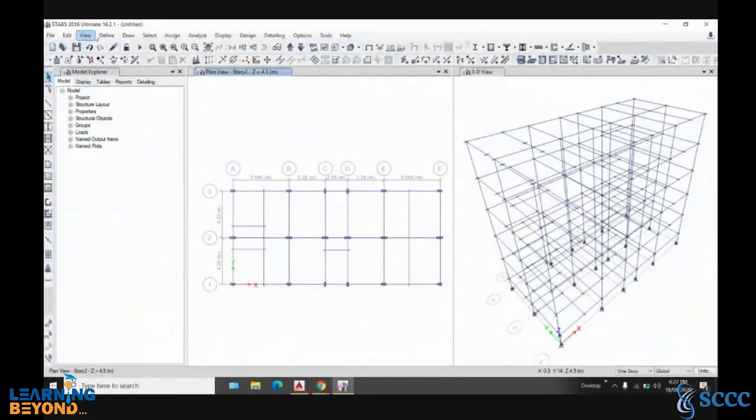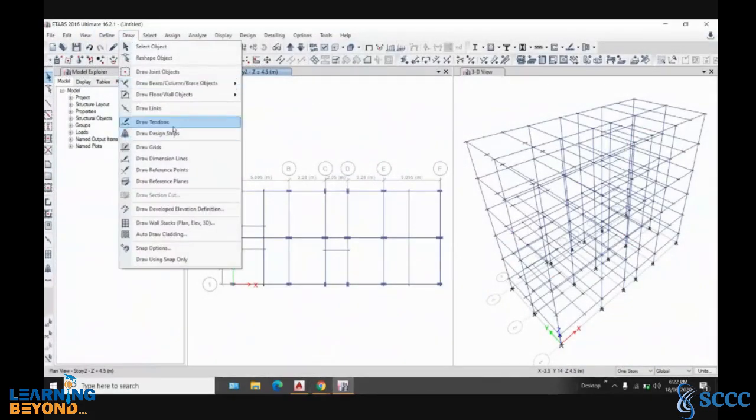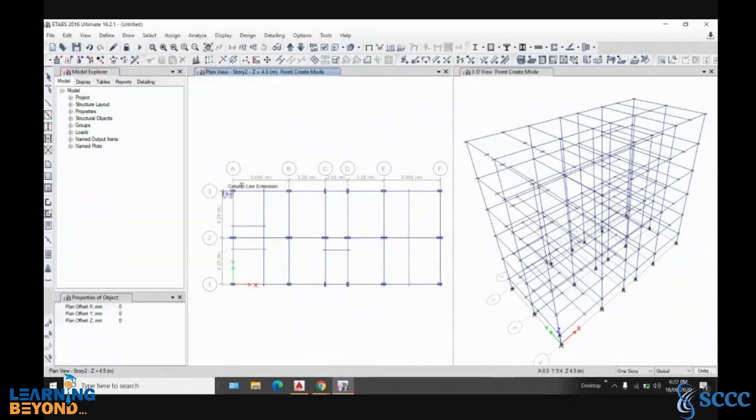So again, procedure is same. Draw joints, and first y equal to 1055. Okay, and I will click on this joint. Okay, so this joint, then I will click on this joint.